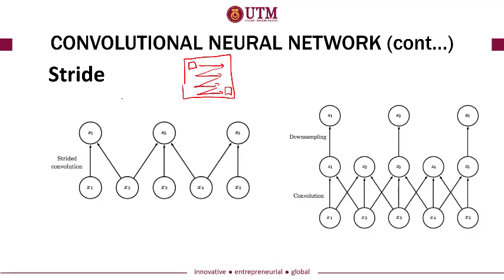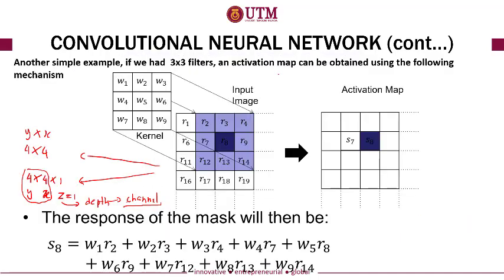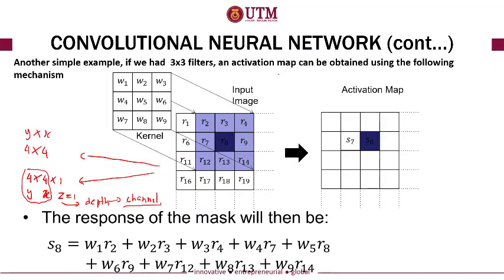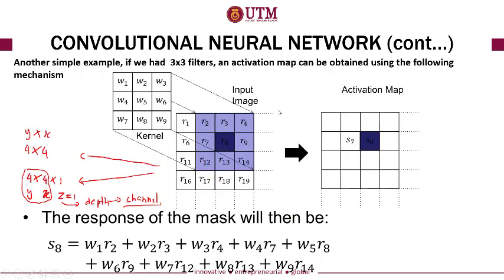Let's say you set your stride during the convolution operation equal to 1. Meaning that for each and every pixel, the sliding window will jump only one step. Okay, like what we have done in this slide. Yep, this one. The stride is equal to 1, because you can see that